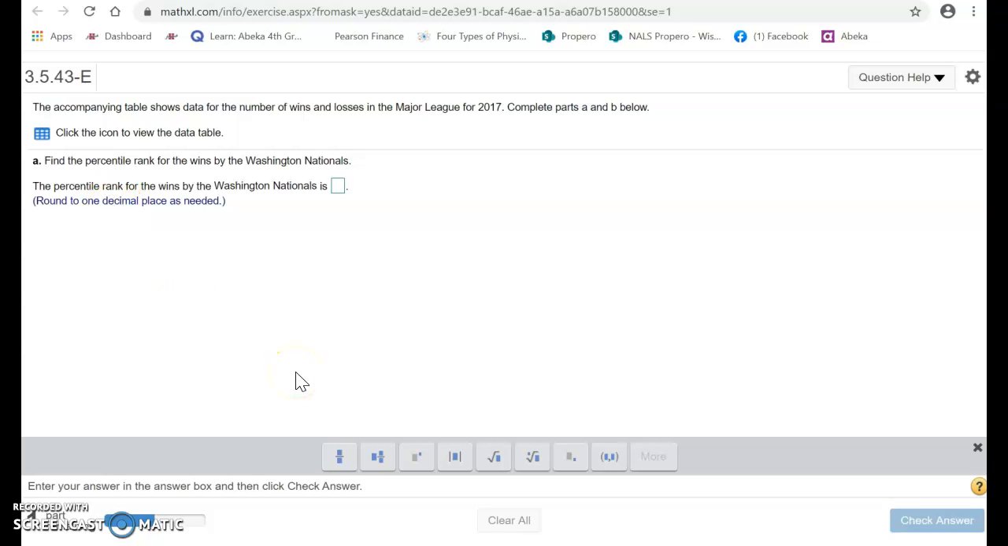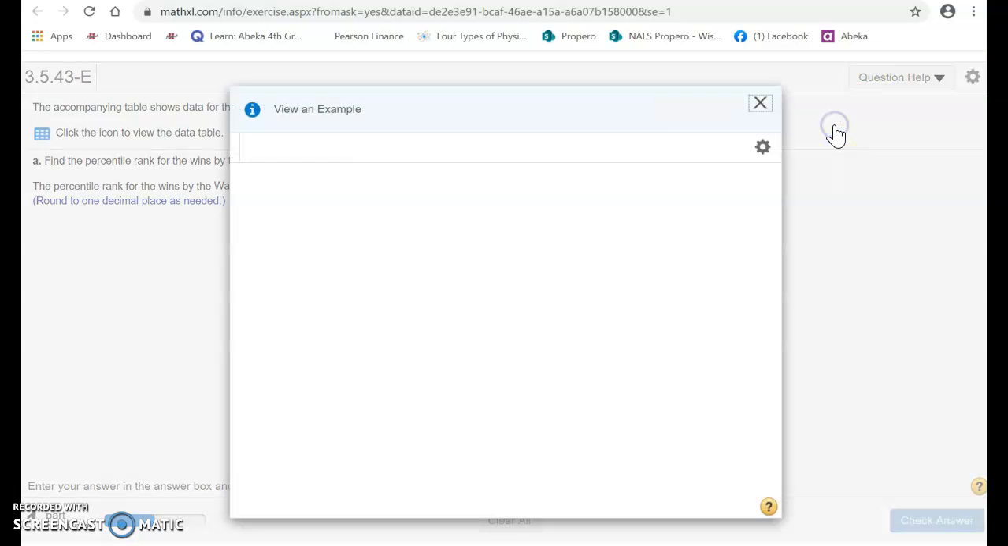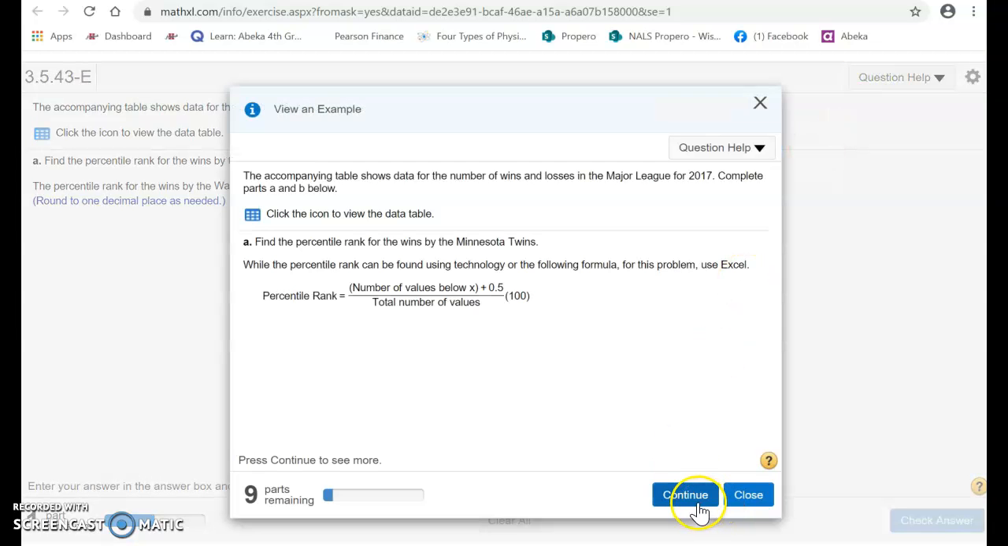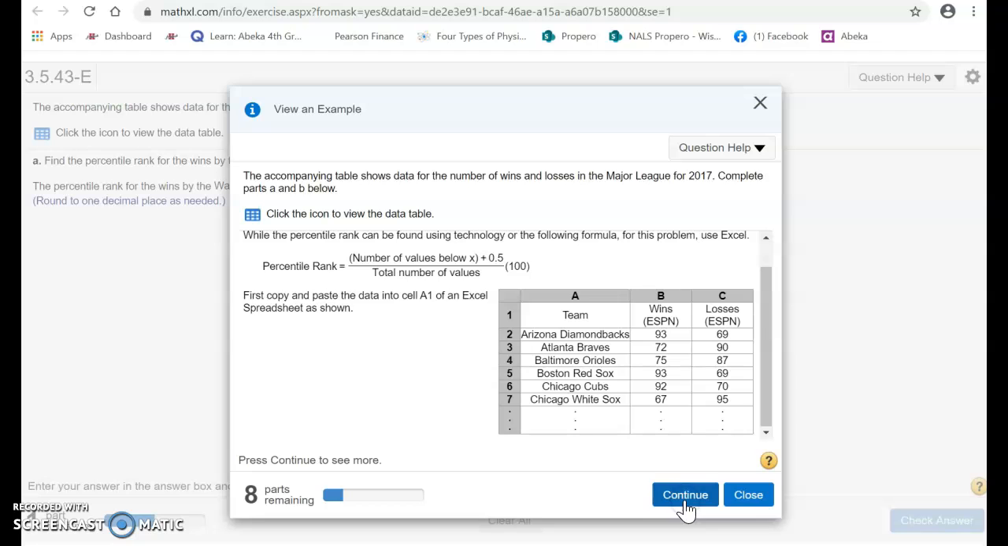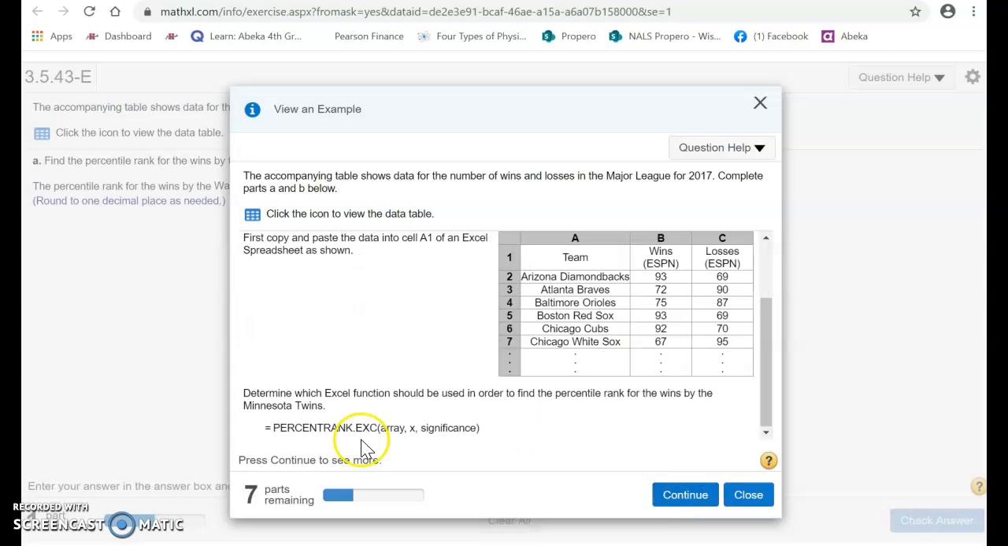Okay, so in this video, I'm going to show you how to calculate the percentile rank. And in this particular problem, if you want to see how the homework wants you to work it, of course I want you to understand how to calculate it by hand using the formula. In this particular formula, they want you to use Excel and they want you to use the percent rank